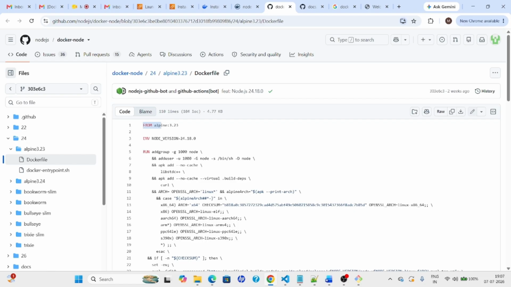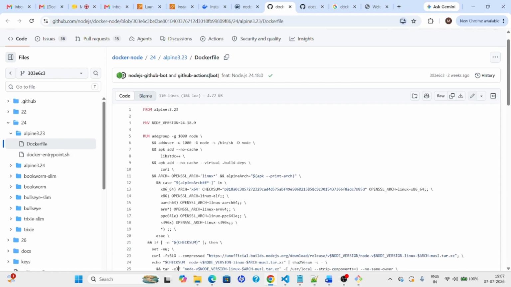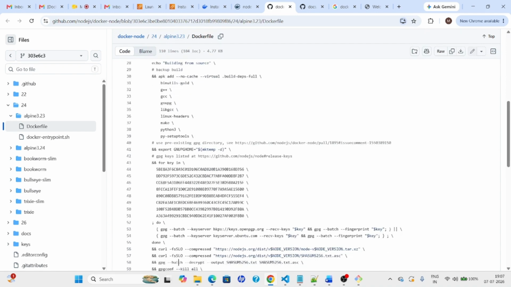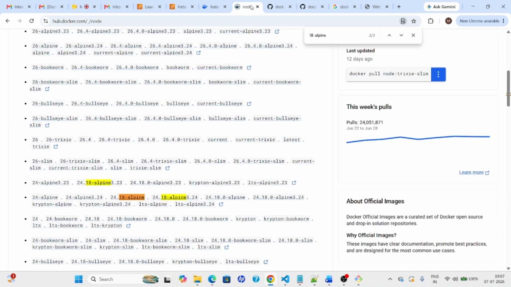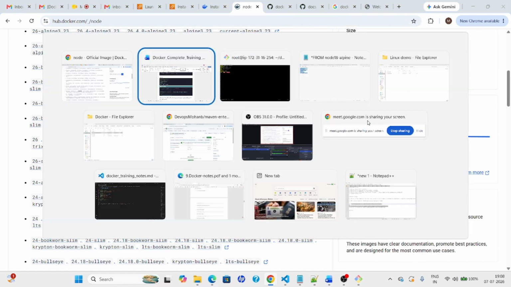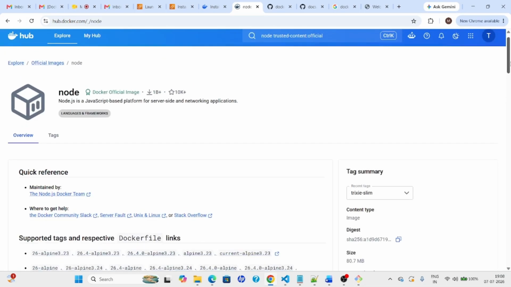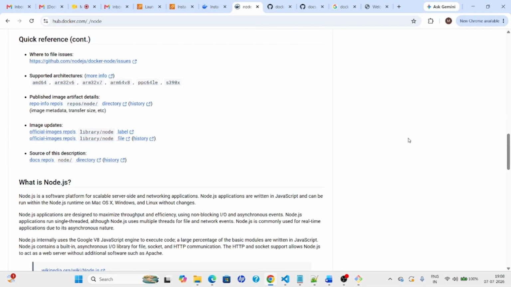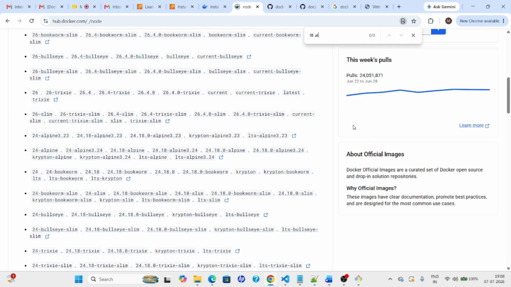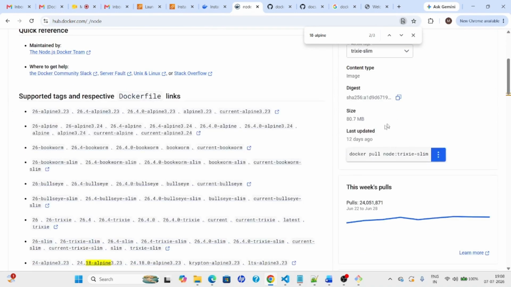FROM Alpine 3.23. So they are using Alpine 3.23 as the base again, and ENV they have provided, like environment variables, and then it is completely for that particular image that they have used a Dockerfile. So here we have used 18-alpine as a base image for the Node Docker image. This is the 18-alpine one,